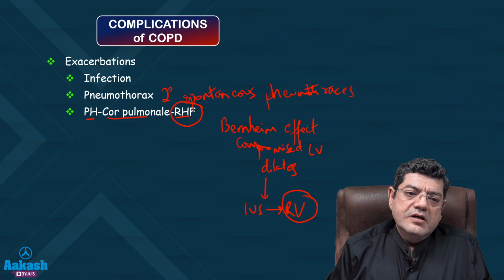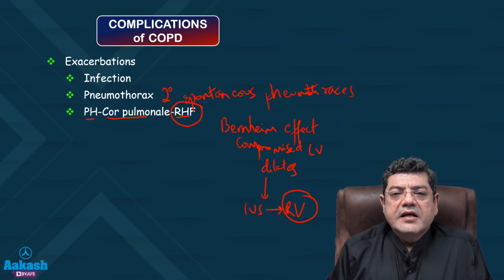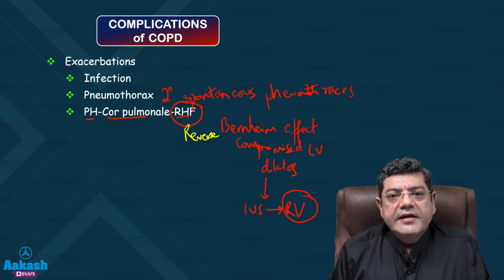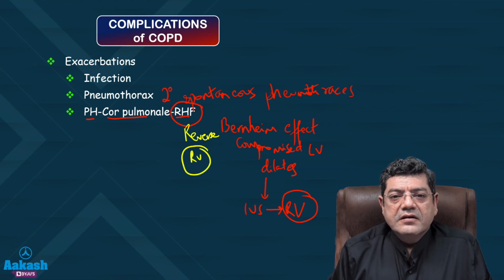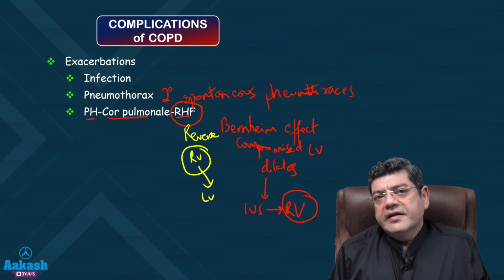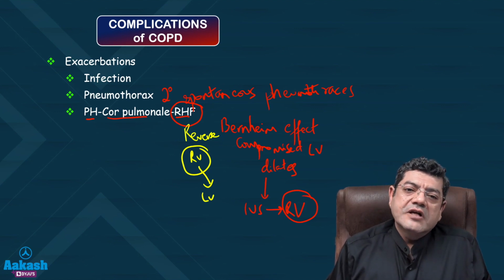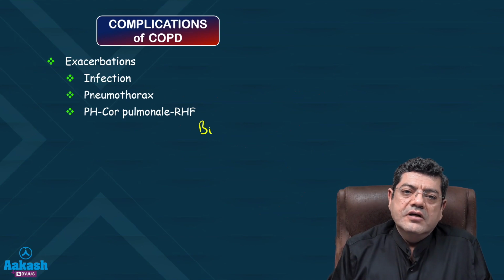And there is something called a reverse Bernheim effect. In a reverse Bernheim effect, a dilated right ventricle causes the IV septum to bulge into the left ventricle and compromise left ventricular function. So, developing a biventricular congestive heart failure,